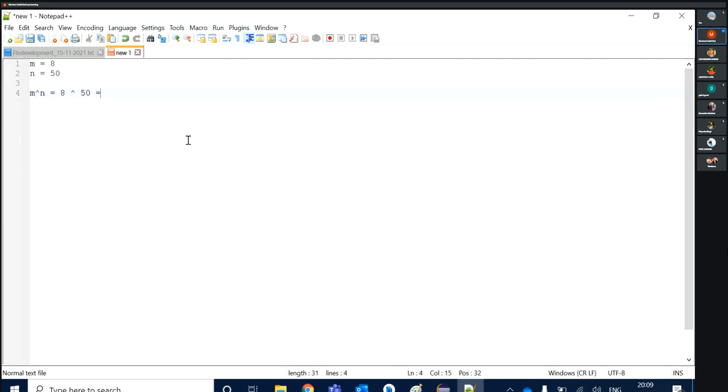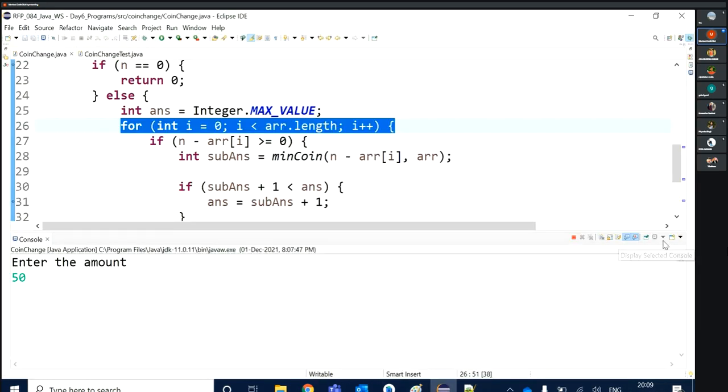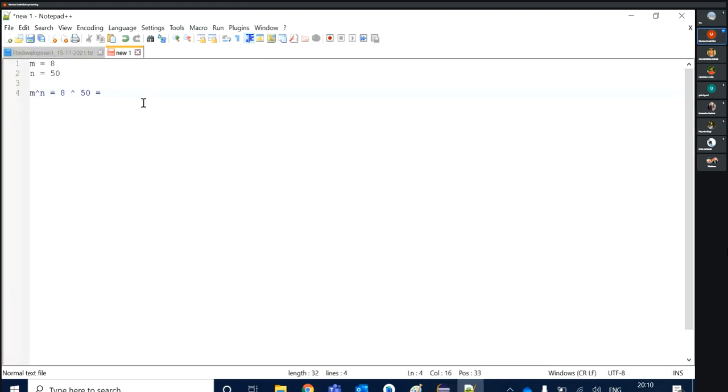But if you use your space, means RAM memory, then you can decrease this complexity from 8 raised to 50 to 8 multiplied by 50. So this solution we need to give.